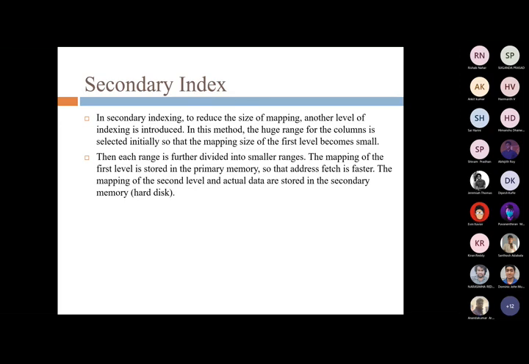So in the case of secondary indexing, to reduce the size of mapping, another level of indexing is introduced, right? So the mapping in the first level is stored in the primary memory so that the address is fetched faster, and the mapping at the next level is stored in the secondary memory, right? By this way, you will be able to address the scalability issues. So you have two types of mapping. The mapping at the first level is done in the primary memory, and the mapping at the second level is done in the secondary memory or in the hard disk,